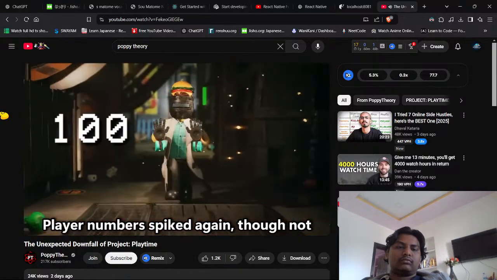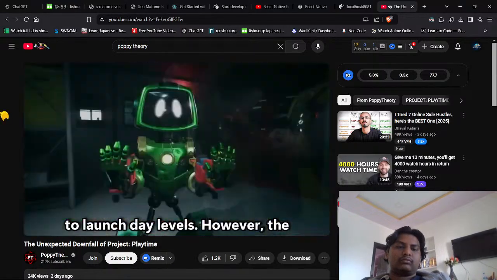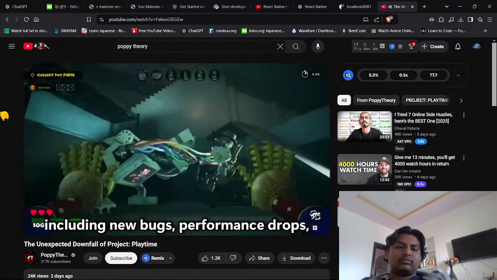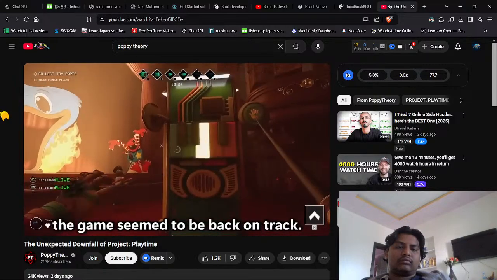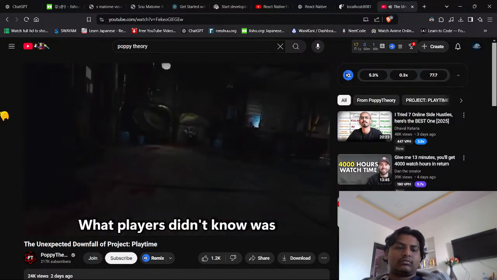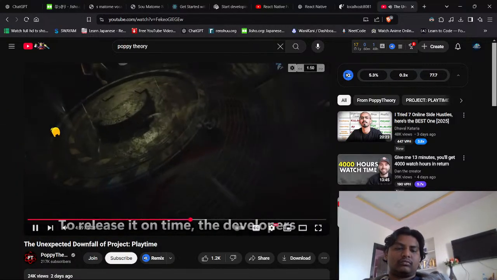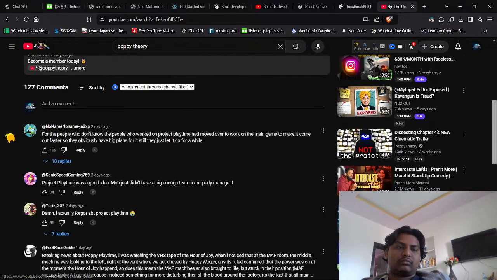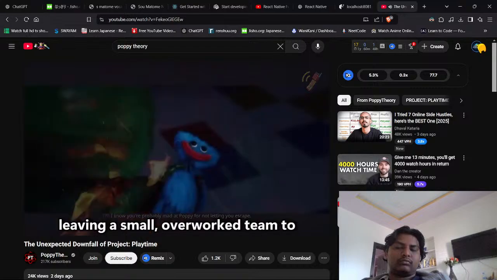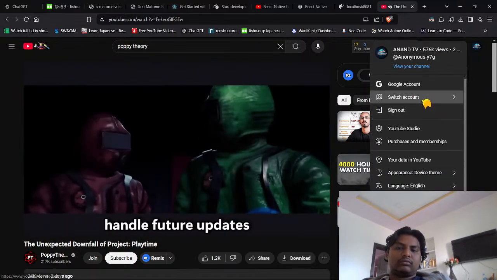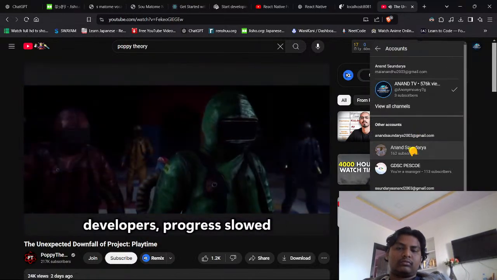Player numbers spiked again, though not to launch day levels. However, the update still had issues, including new bugs, performance drops, and lag on the massive new map. Despite these flaws, the game seemed to be back on track. What players didn't know was that Phase 2 came at a cost. To release it on time, the developers paused work on Poppy Playtime Chapter 3 and shifted nearly the entire team to Project Playtime. After Phase 2 launched, many of those developers returned to work on the main game, leaving a small, overworked team to handle future updates for Project Playtime. With fewer developers,